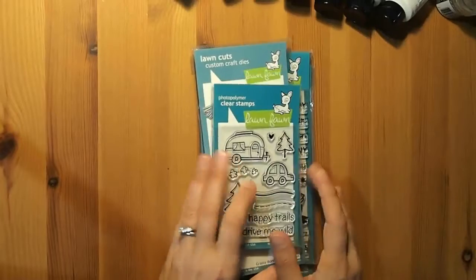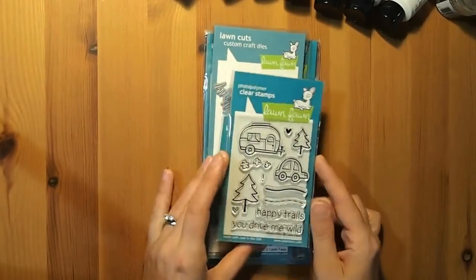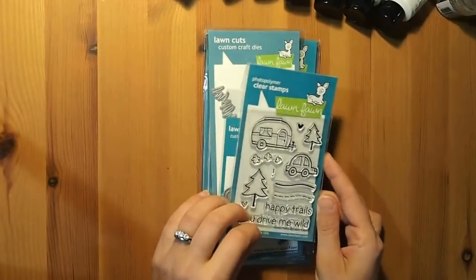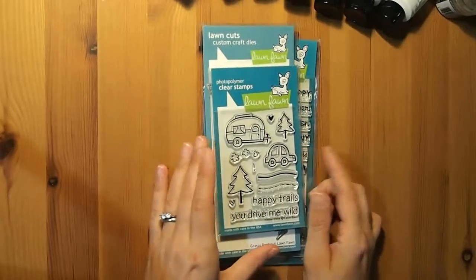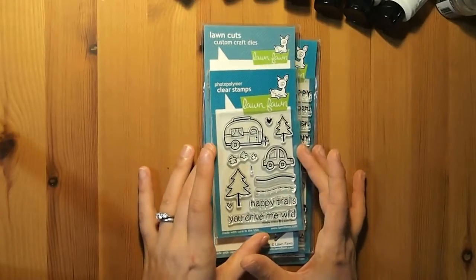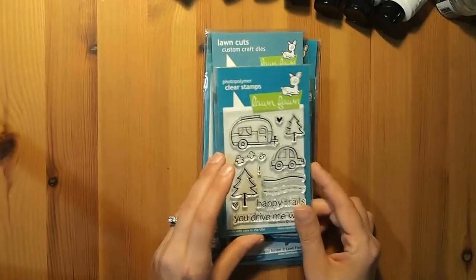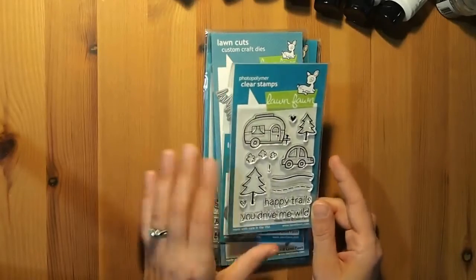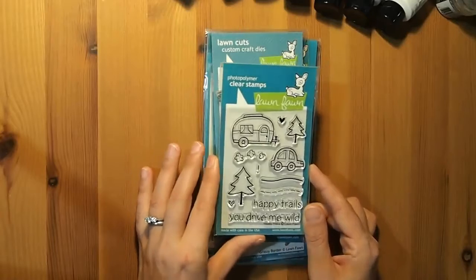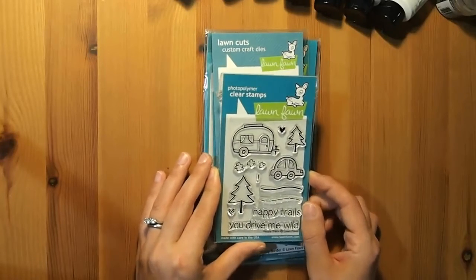And then the exciting bit, which is Lawn Fawn. I got some Lawn Fawn stuff. So I'll start out with Happy Trails. This is a mini set, and when I first saw it, I thought it was a big set, and I thought, oh, for 15 bucks, I probably wouldn't use it as much for those images. And then I realized it's a mini set, so I thought, oh, beauty, because we love camping, not necessarily caravanning, but it's definitely sort of a camping theme,